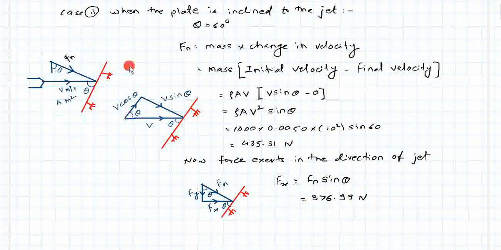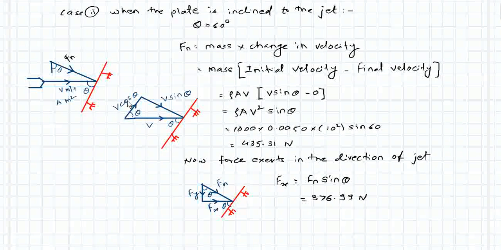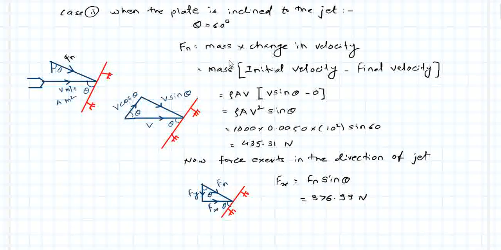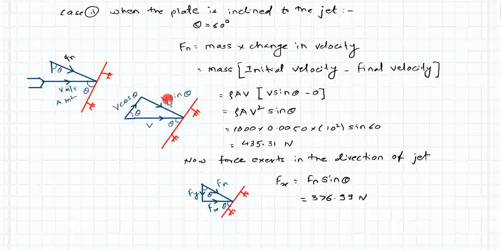By seeing this diagram, we can see that the normal force and the impact of the jet have different directions. So we resolve the velocity component in normal and tangential direction. This diagram shows the triangle diagram of velocity components due to the velocity v, where v sin theta shows the normal and v cos theta shows the tangential velocity components. So we have to calculate the initial velocity for the normal force. So we consider initial velocity in a normal direction.